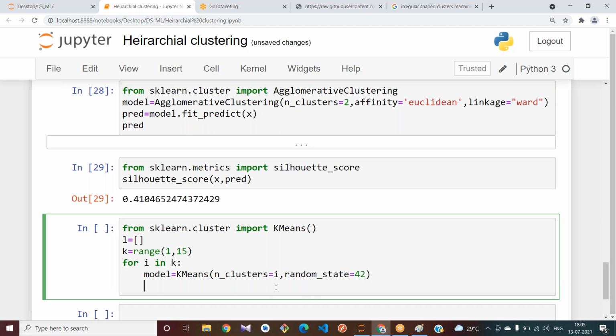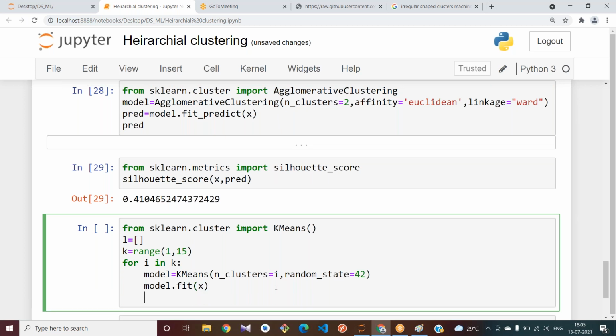What else we have to do? We have to fit the data, model.fit of X. And next, what we need to calculate? We need to calculate the inertia. l.append of model.inertia_.